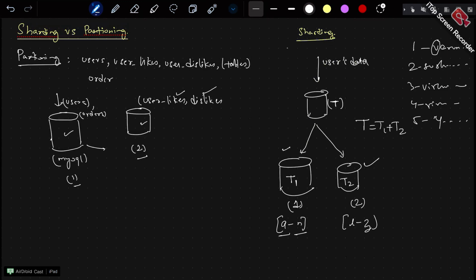Over here, if you see, we are splitting the same table's data. The way we have sharded this is on the basis of the first letter of the alphabet of the name, right? That is what is called the sharding key. On what key are we sharding the data? Just remember this term, a very important thing: the sharding key, the basis on which we are splitting the data. Partitioning versus sharding. Clear? Any doubts?